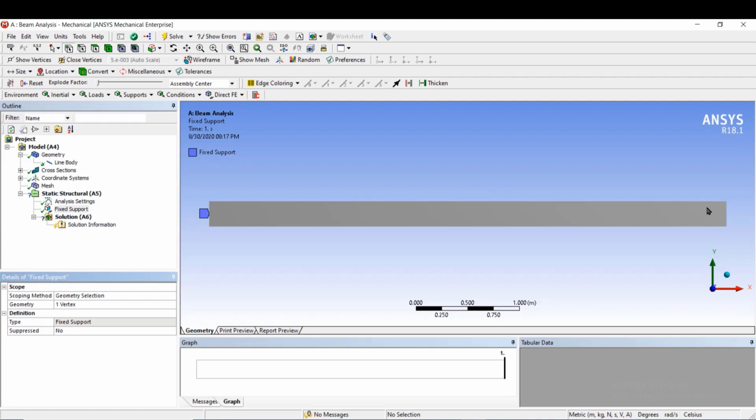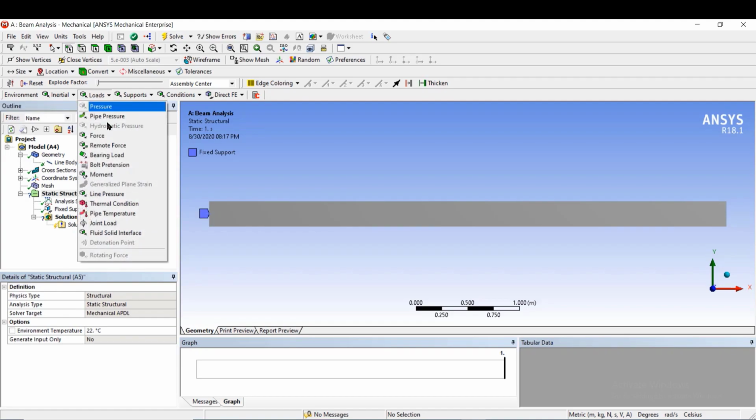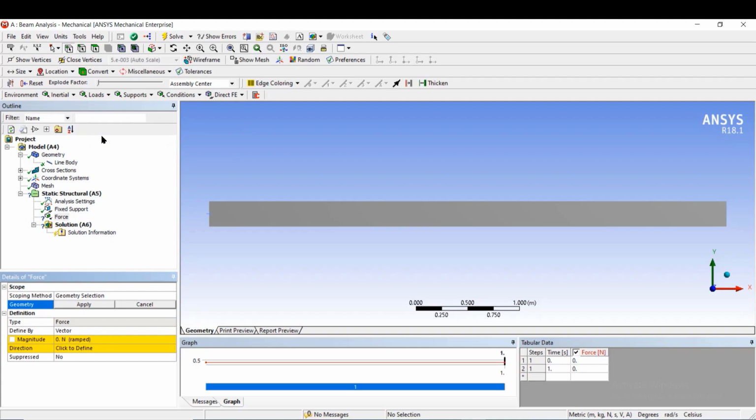Now at the other end, means at this position, we need to apply the force. So again go to the static structure, go to loads, select force. In this case, the force is acting at this point or vertex. Select this vertex, say apply. Here we want to define the force by means of the component.